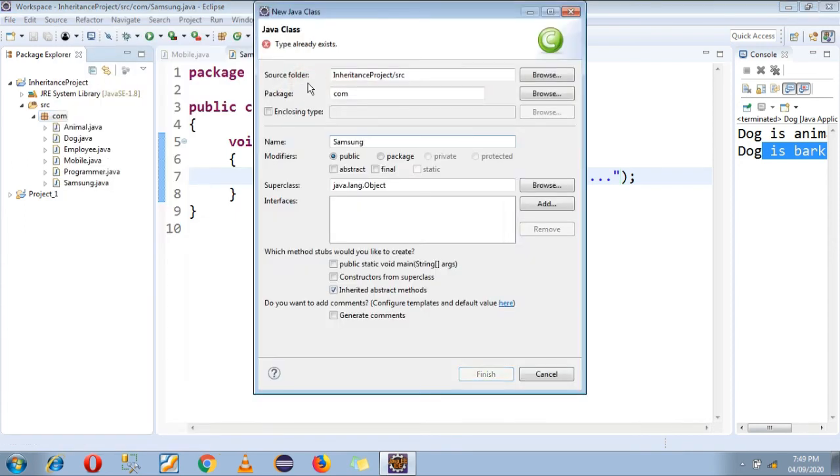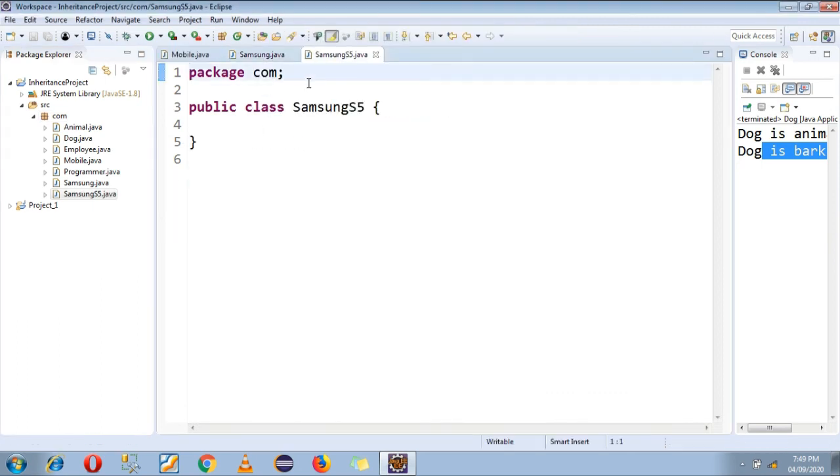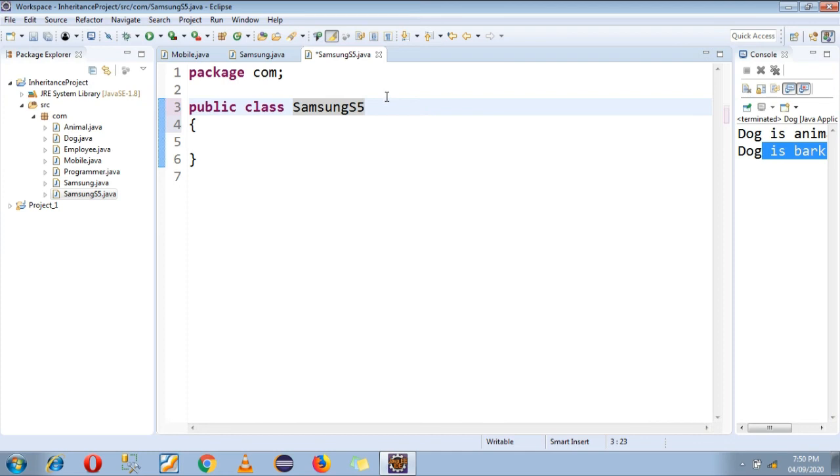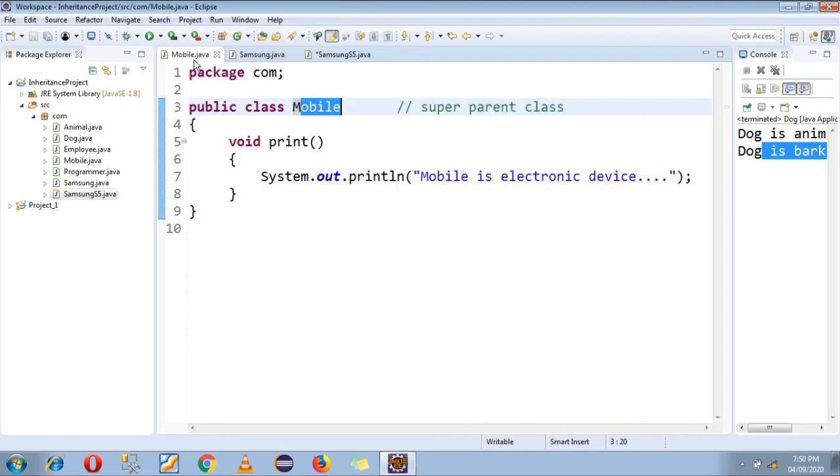Okay, now in this class I want my Mobile class property as well as Samsung class property. So what I have to do now, I have to just extend my Samsung class in the Samsung S5 class, because I have already extended Mobile into Samsung. Now I just want to extend this Samsung class into Samsung S5.